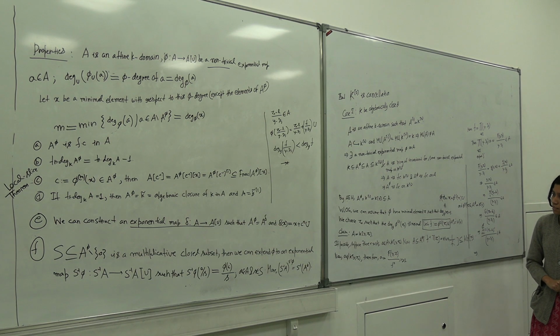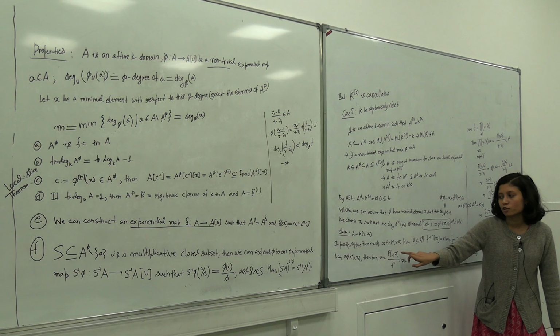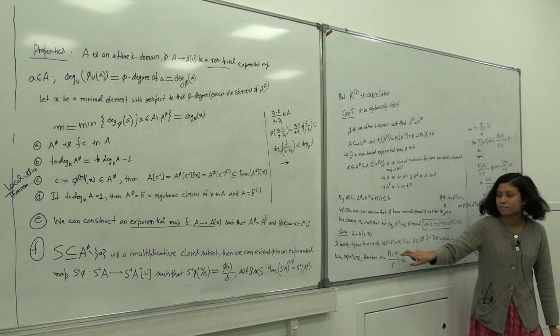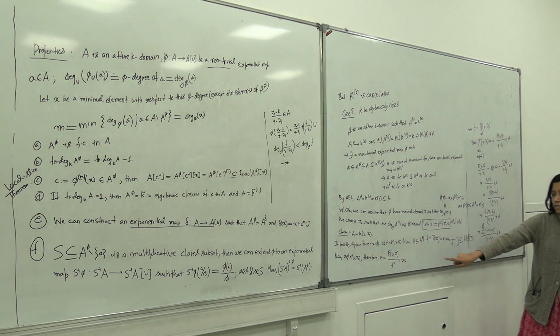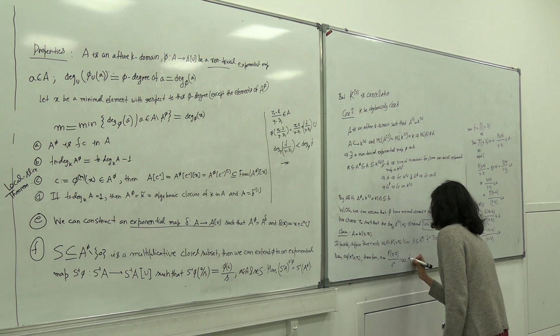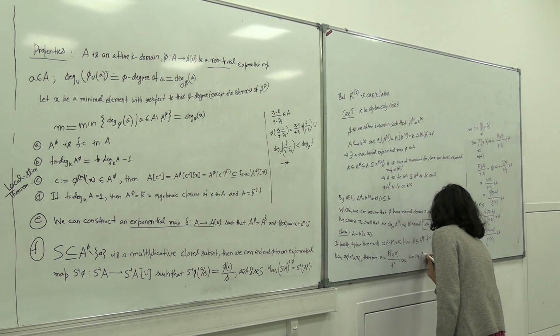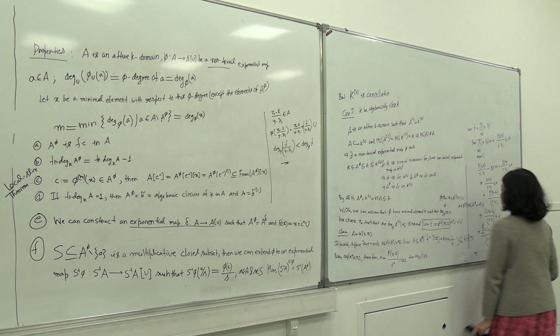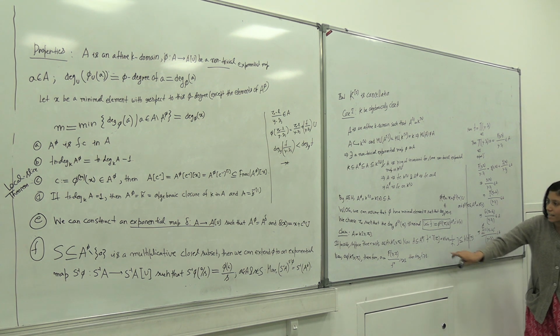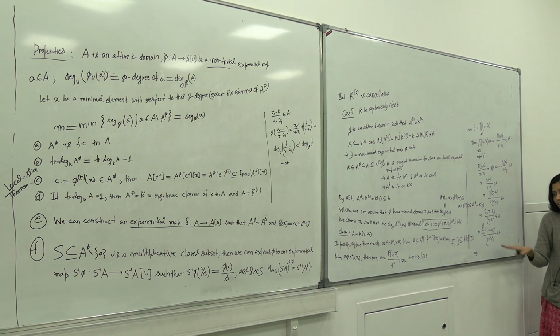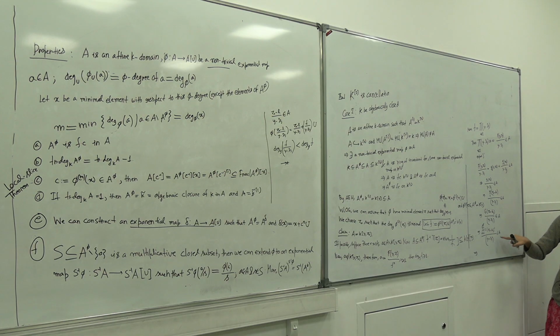But if it's inside K, then this is a polynomial in y, z0, and that's okay. But A was taken to be something not in here. And this thing will follow actually from the fact that A is algebraically closed. We will write a polynomial of this thing and A is algebraically closed, so P of this B is 0 in A, so we will be coming back to A. So I was trying to write the polynomial explicitly. Okay, so I think this is not necessary, right? I can move on.